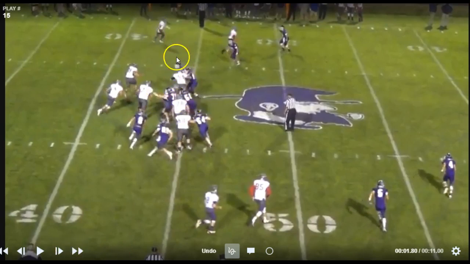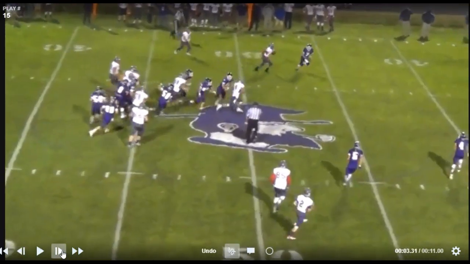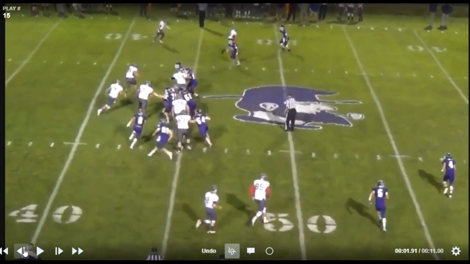They're trying to get outside as hard as they can to keep us from running the sweep. We've already run the sweep a few times in this game, and you can tell we're only on play 15. We've already run the sweep a couple times and got good yardage off of it. So they're flying hard trying to stop that sweep, and he's going to find a nice little crease right there, and that's all it takes, coaches. Just a nice little crease, a nice little hole for him to get vertical and get in it, and he does